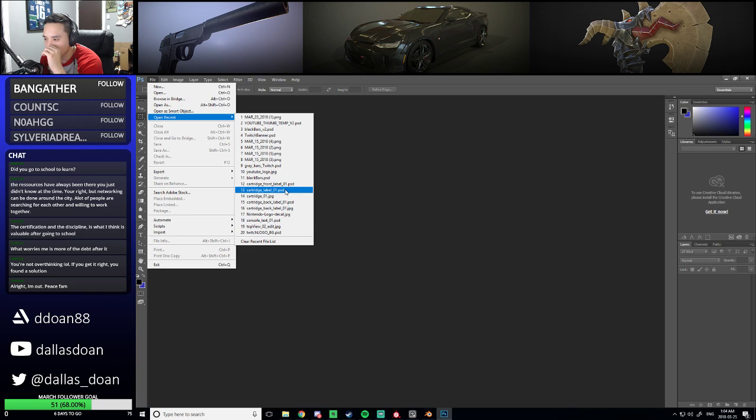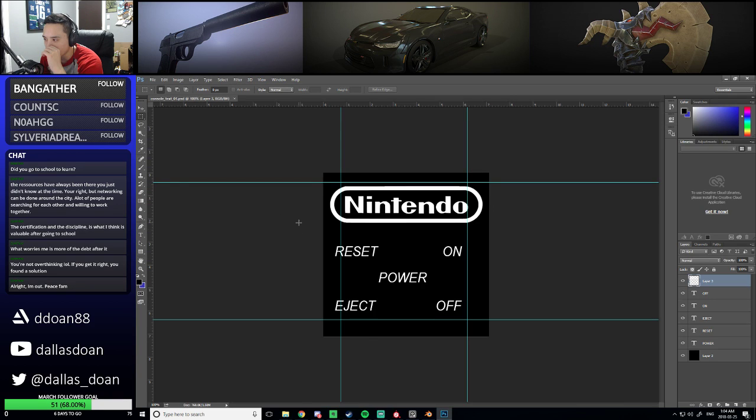So it's cartridge console text. I think this is it. Okay, yeah, so I can definitely add to this. So there's a select and start button. So I'm going to duplicate the off button, and I'm just going to make this say